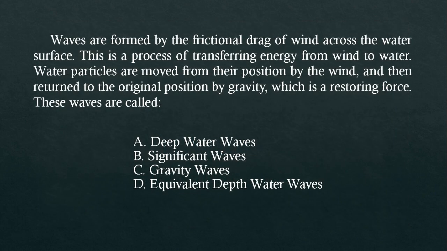Waves are formed by the frictional drag of wind across the water surface. This is a process of transferring energy from wind to water. Water particles are moved from their position by the wind and then returned to the original position by gravity, which is a restoring force. These waves are called